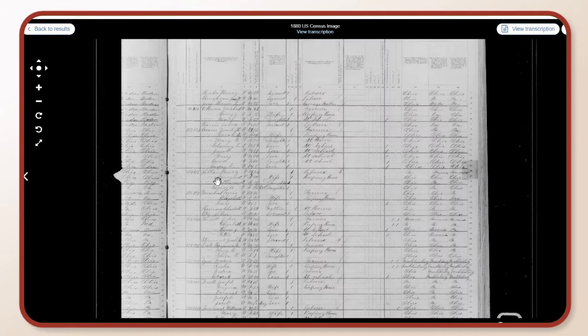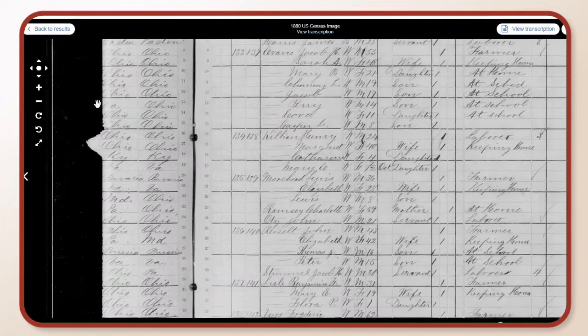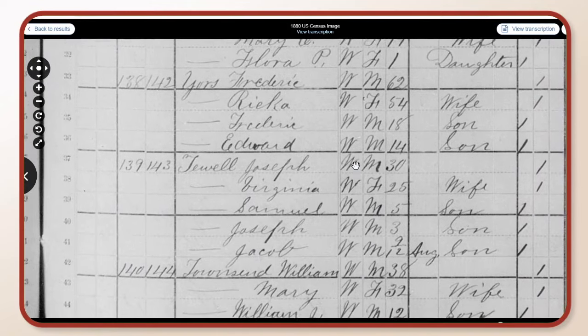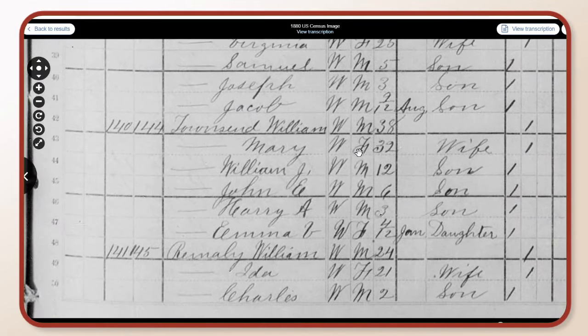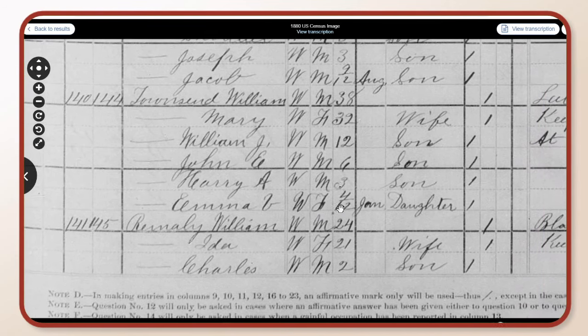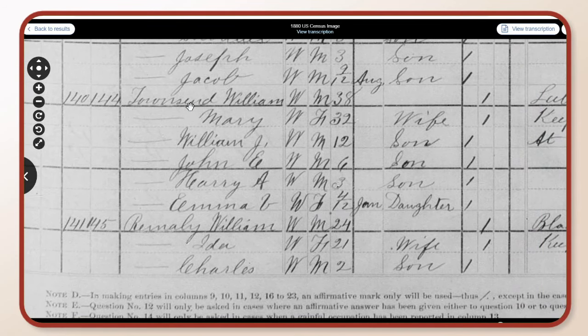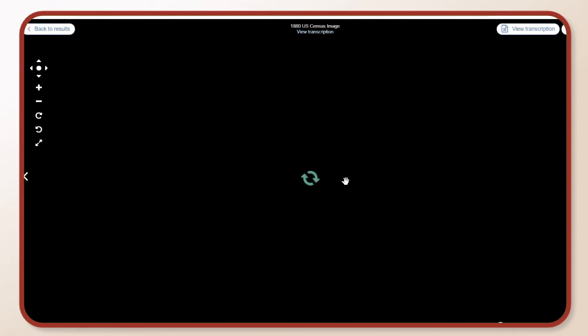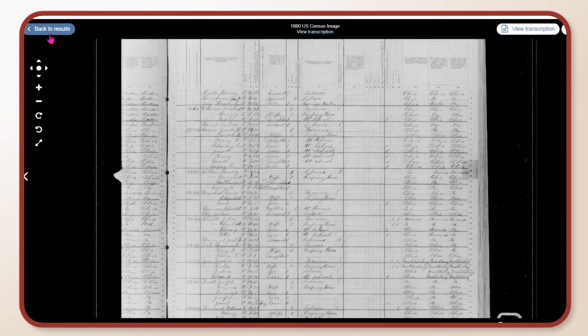As good genealogists and family historians, we always want to go to the original images wherever possible. And we say whenever possible because sometimes all we do have available is an index. Now, right here, William Townsend and some information about him, his wife Mary, which I hadn't put in yet, and there is Emma Virginia Townsend. So yes, this is my person, so I'm going to go back to the results and I'm going to start building my tree based on records rather than trying to just pull it back from my memory.